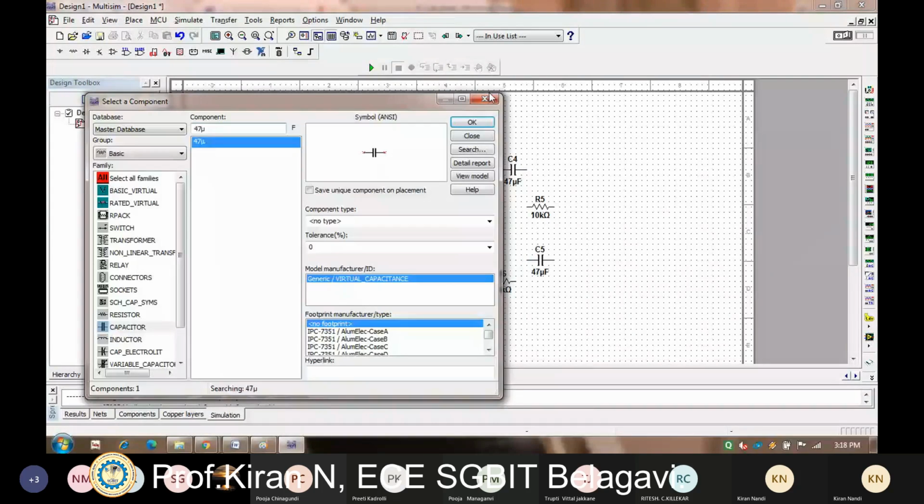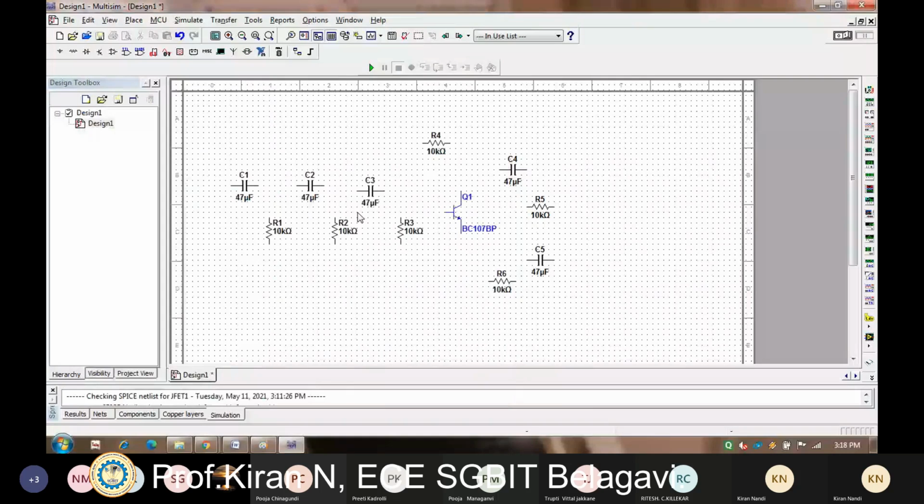Okay, so 5 capacitors. Now then just go on connecting them.